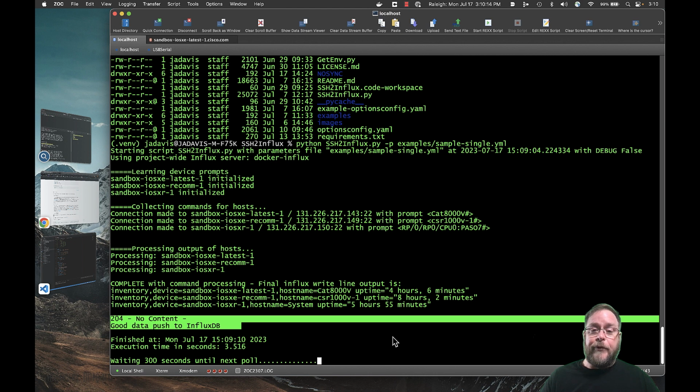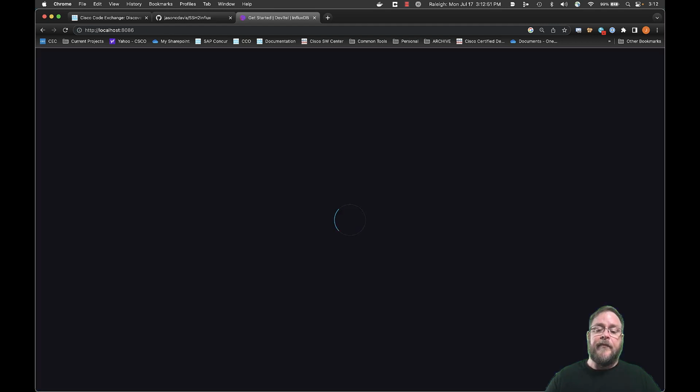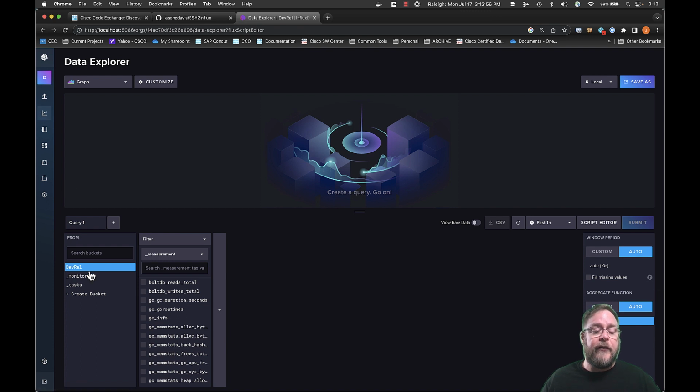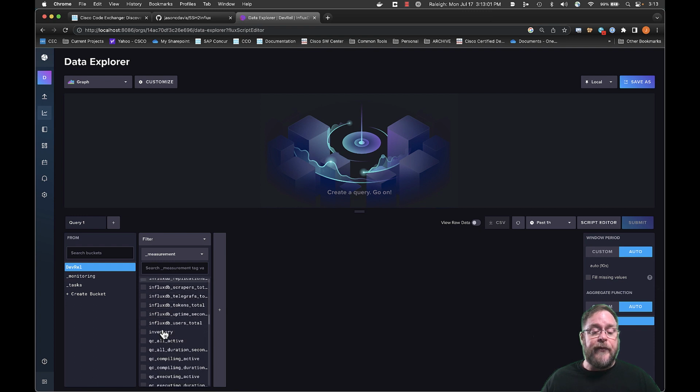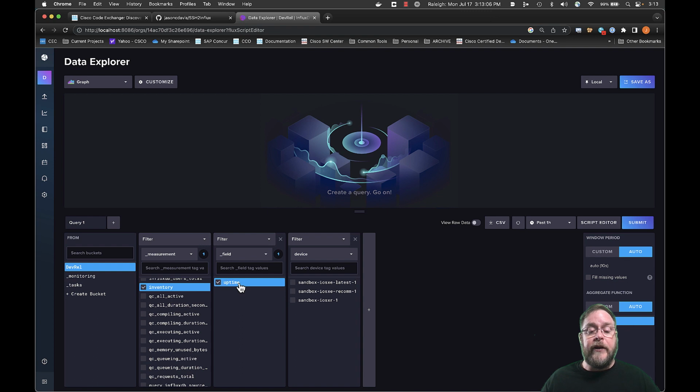And that's pretty much it. Let's go see what happens when we jump over to Influx. All right, now we're in the login for Influx. If we log in, we can use the Data Explorer to find the statistics that we just pushed in. And remember, we put it under measurements of inventory, and we can see the uptime tag was found, and it found all 3 devices. And if we were to say, show me just the last statistics, and put it into a table,